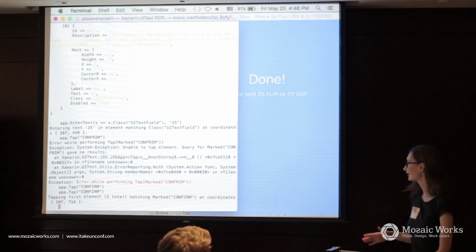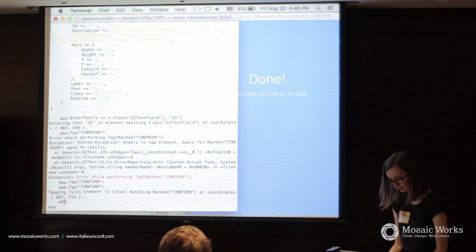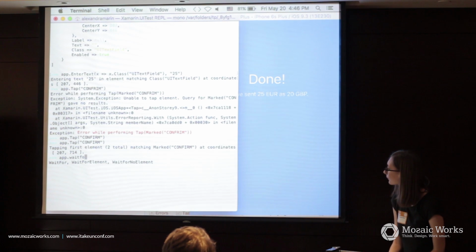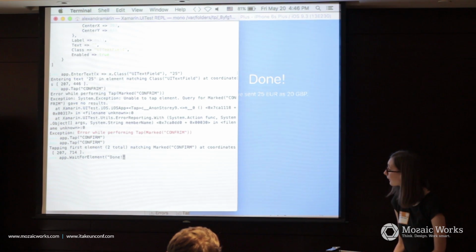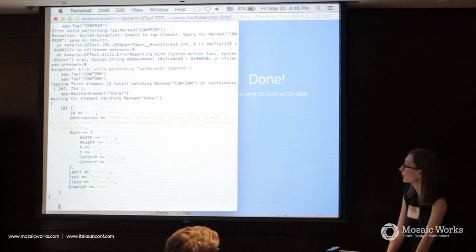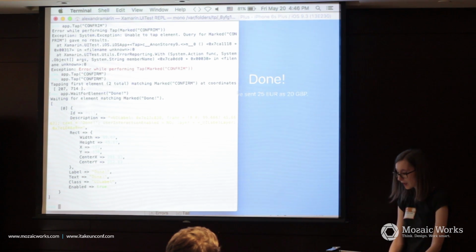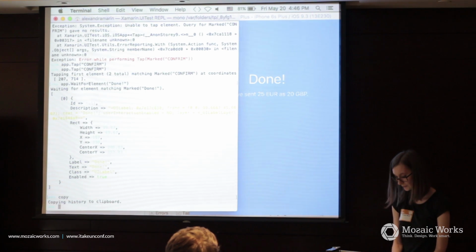The way I can verify that it has appeared on screen, I can say like this: app.WaitForElement. I give it an identifier as well, and if it finds it within a reasonable period of time, it returns it. If not, it throws an error. What I can do now is copy my output, close,